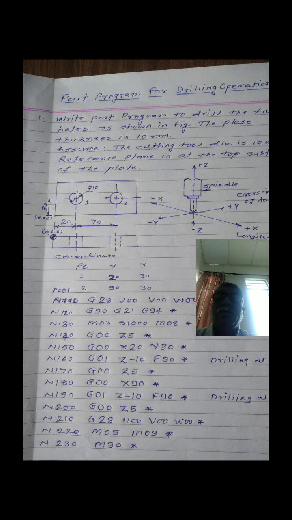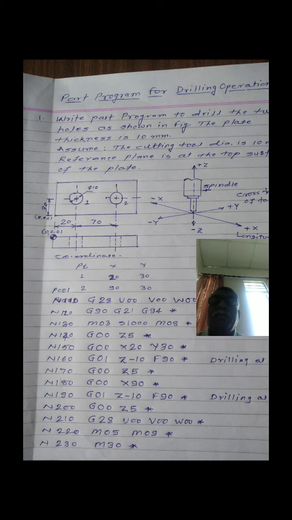As shown in the job drawing, there is a steel plate on which you have to perform the drilling operation at the 2 points, point 1 and point 2, having diameter 10 mm, and you have to use the end mill cutter. Okay. Then you have to study the job drawing, means its various dimensions of the drilling points. Before that, you have to locate the workpiece 0 or reference point.